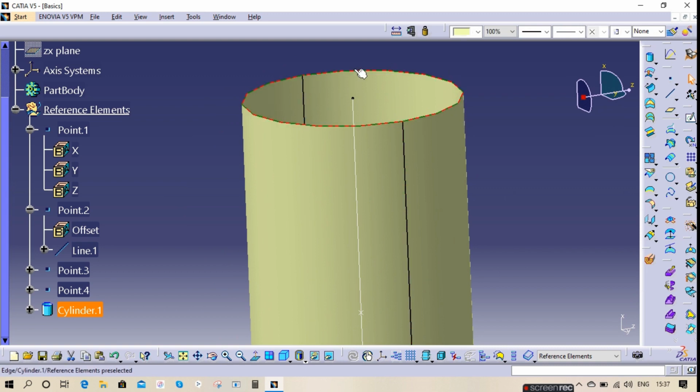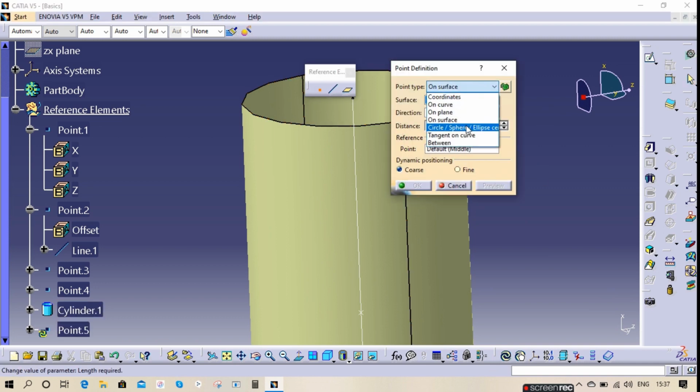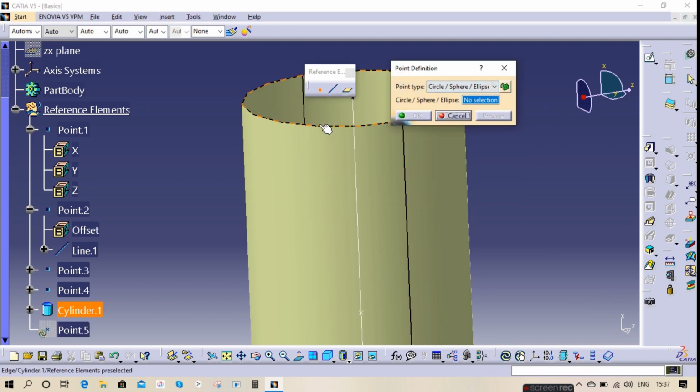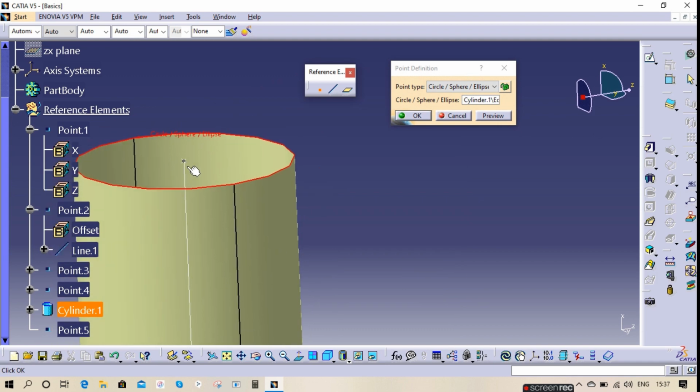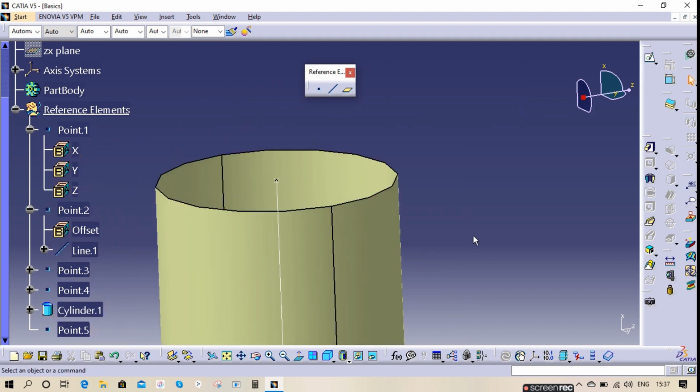center of the cylinder, center of any circle or any cylinder, just go to part design. Click on point, circle or sphere or ellipse. If you click on this center, you'll get a point here, and give OK. So you can find the point exactly on the center.